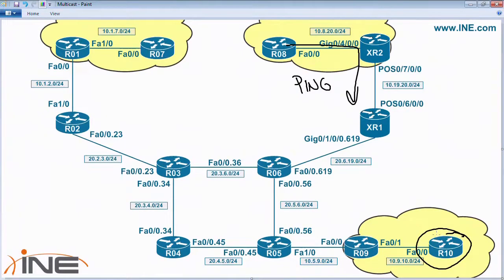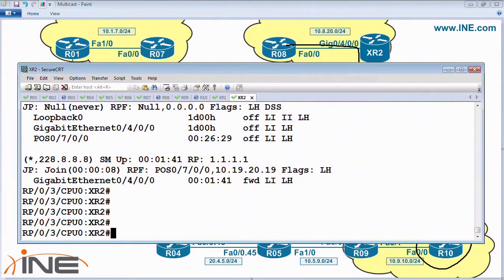Because we know that these packets are not being label switched right now because they have multicast destinations. They should simply be encapsulated inside the multi-point GRE tunnel, which is the MDT, and then forwarded down to router 5. So from, again, the customer's point of view, on XR2, if we were to look at the show PIM